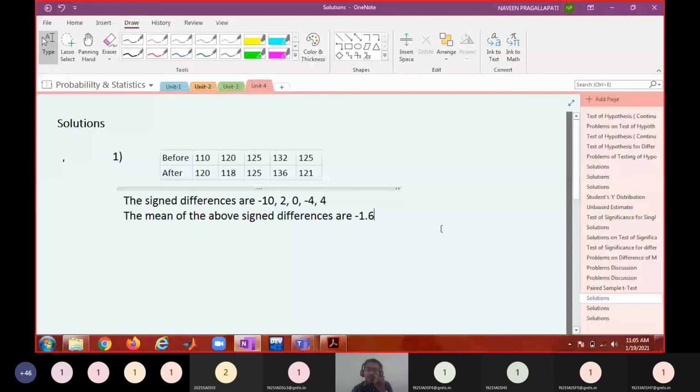Now, how do you want to write the test? These situations also have to be understood. In some cases, if the data values are decreasing, the process will be effective. In some cases, if the data values are increasing, the process will be effective. So in one case, if mu greater than 0, it will be effective; in some cases, mu less than 0. So in this case, which one do you feel will be effective?